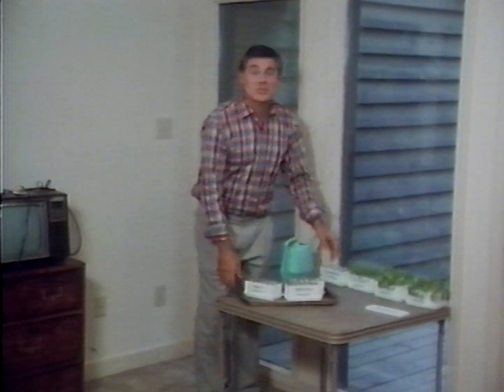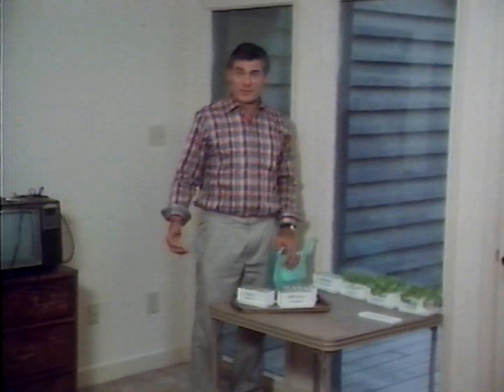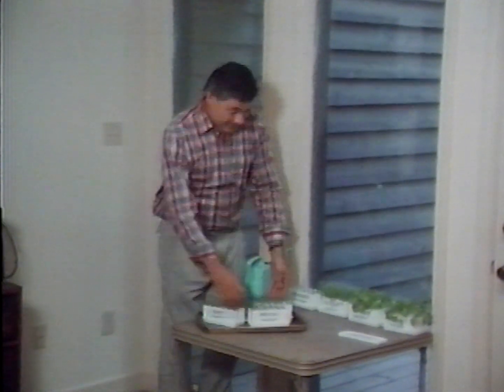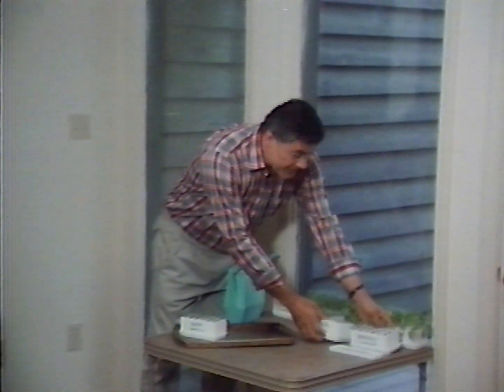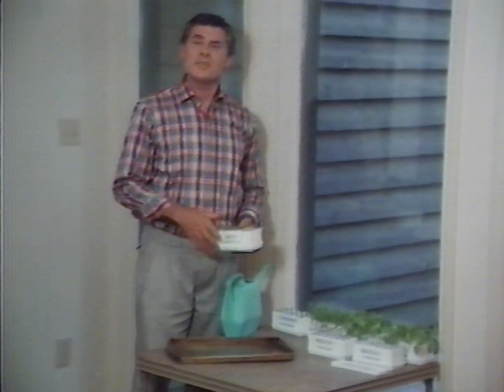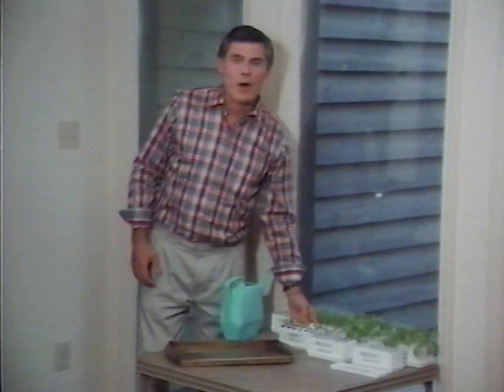We shut off this room in the wintertime, so it's an ideal place to germinate and grow seeds in cool temperatures. And this north light window provides ample light. Now, a cool temperature is between 50 and 55 degrees. And for those of you who live in warmer climates, I'd suggest a basement or an unheated garage or a